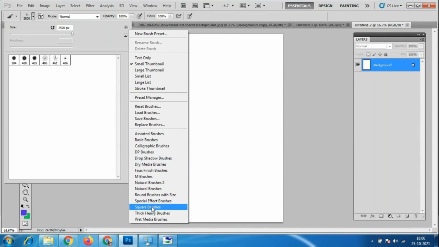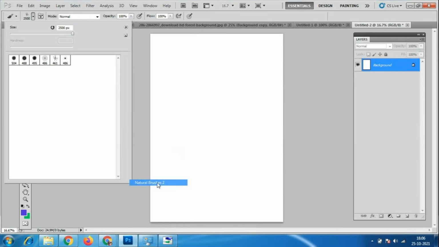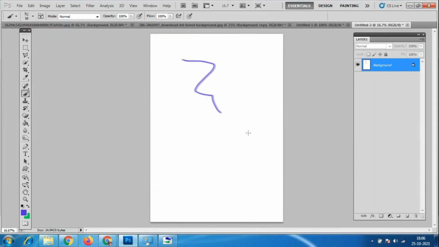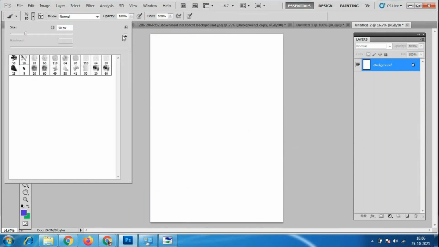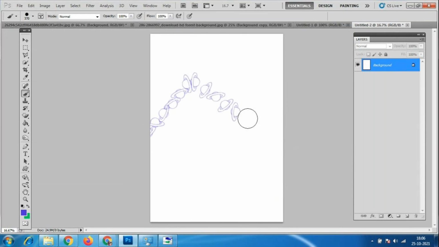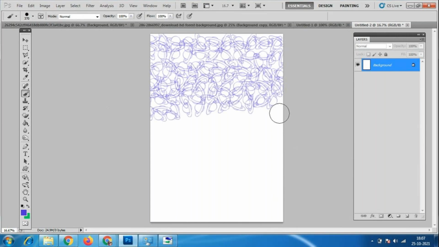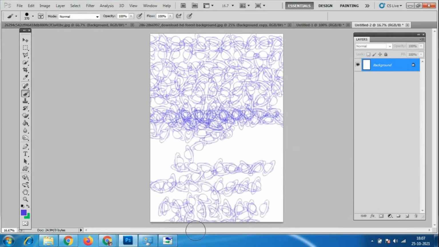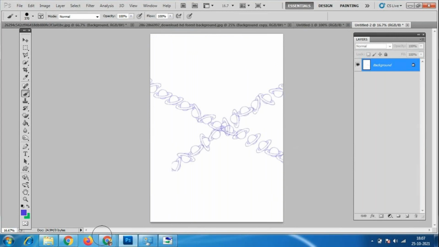Okay, so we will go and check all these brushes from your side. See, all these are brushes. We have different brushes. The very different brush over here is the special effects brushes. If you click here, the special effects brushes, which I have already shown you people. And this is the brush, I'll just increase the size of the brush. You will have this kind of symbol, so you can try it like this also. Okay, so like this you have an option.